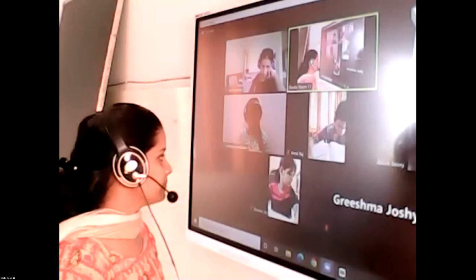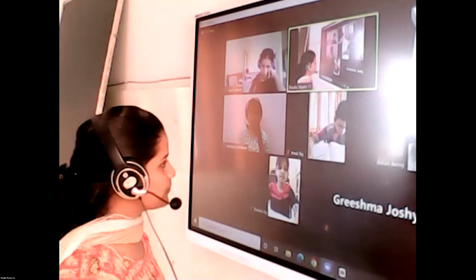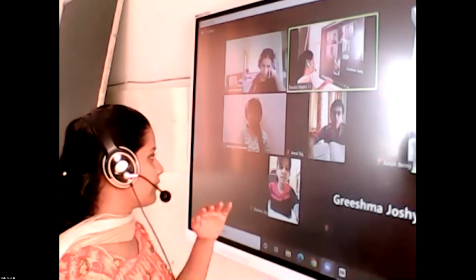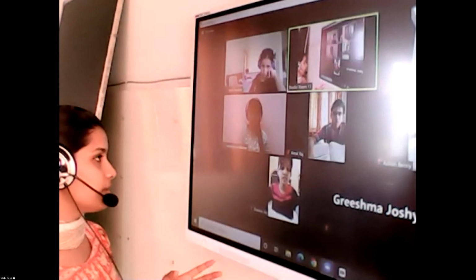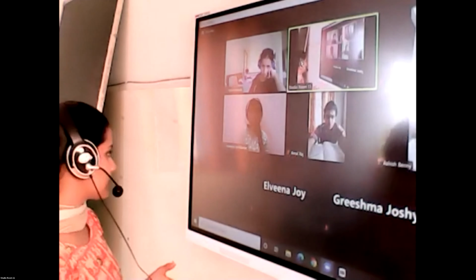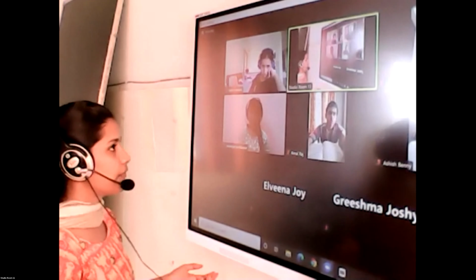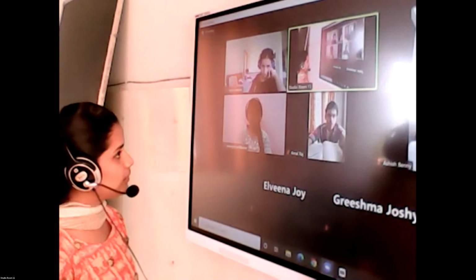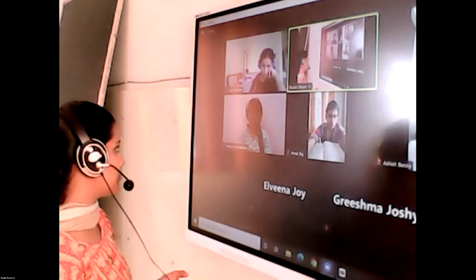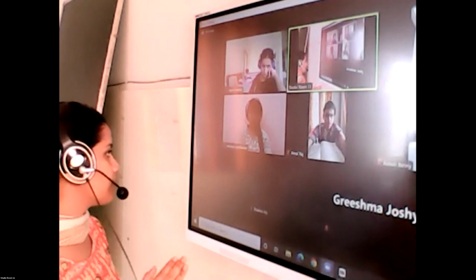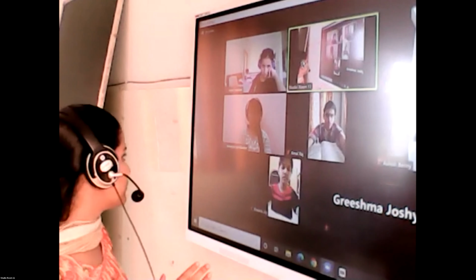Okay. So for this basic model, that is for different levels of processing, there have been different revisions. Other researchers have found out different things about levels of processing. They have added their own concepts. They have made their own theories about it. But here we deal with the basic theory of the levels of processing given by Craik and Lockhart. Okay. Elvina, continue. Next paragraph.